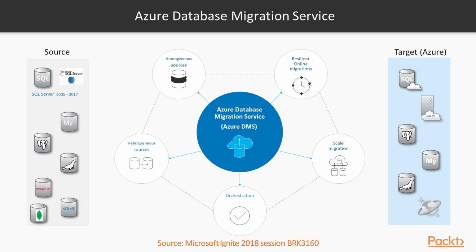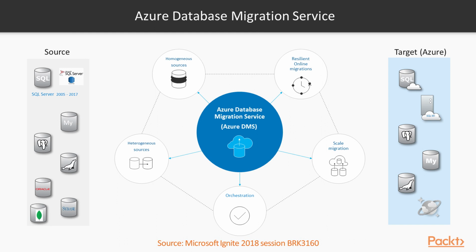Azure Database Migration Service, in short, allows you to migrate from about any database source you can think of, Microsoft SQL Server 2005 all the way up to the latest 2017, MySQL, Postgres, Oracle, and obviously MongoDB as well, to an Azure target where the target is not a virtual machine, but an Azure hosted database solution. So for example, the one I'm talking about here, MongoDB on-prem to an Azure Cosmos DB alternative. By the way, this information, since it's still in preview for now, is based on a Microsoft Ignite 2018 session that you can watch on YouTube or on the